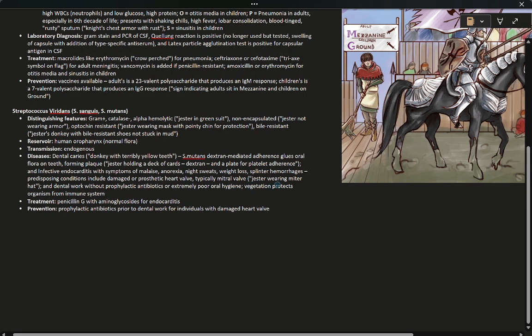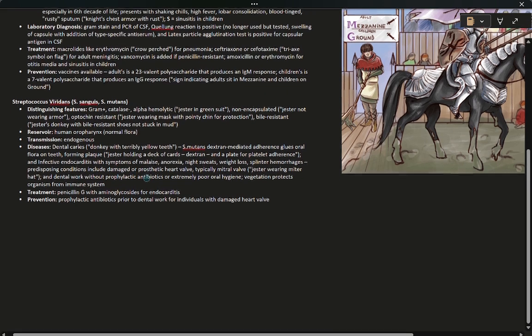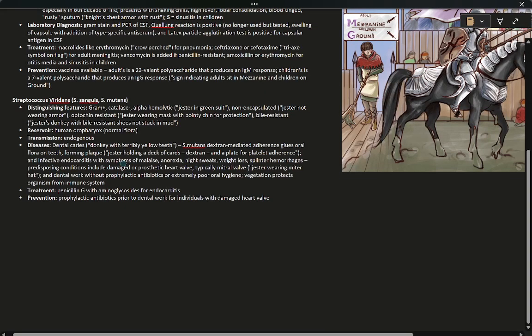This vegetation will protect the organism from the immune system. So these are some important complications and diseases